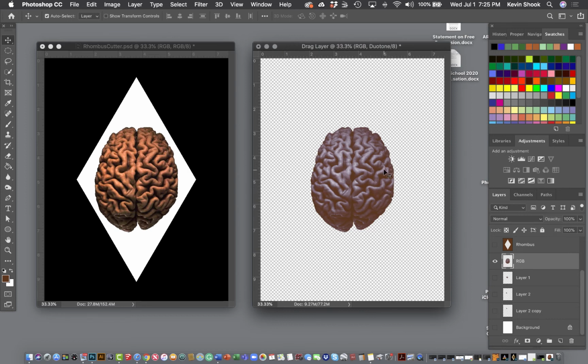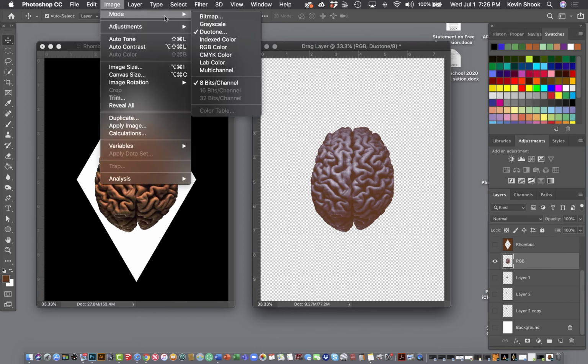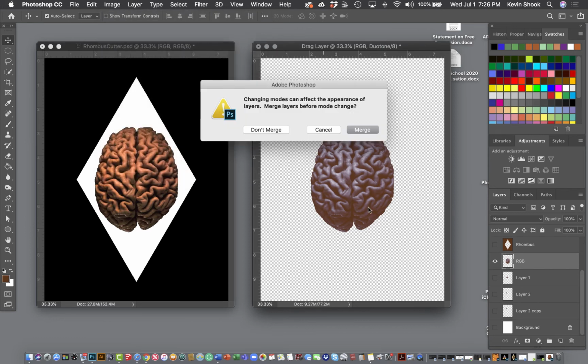Now, if it was a split complementary system, you're not going to mix the colors. It would just be monochromatic. Now, it could be a light blue and then a dark blue, but you could choose what the range is on your value scale. So this is the duotone. So now we're done. Let's say we have this done. And so what we want to do now is I'm going to go to image mode and change it back to RGB